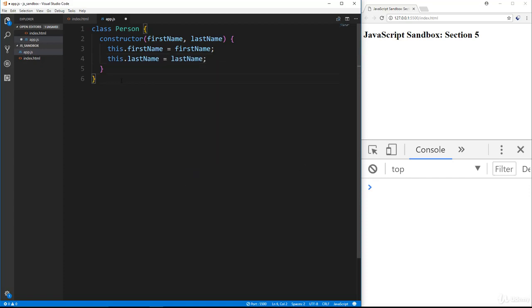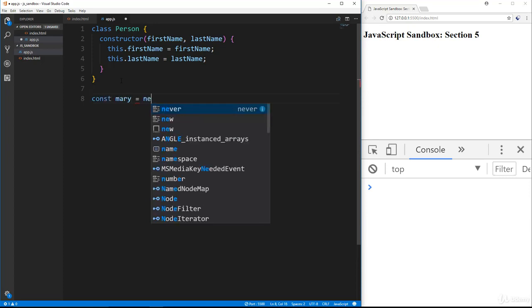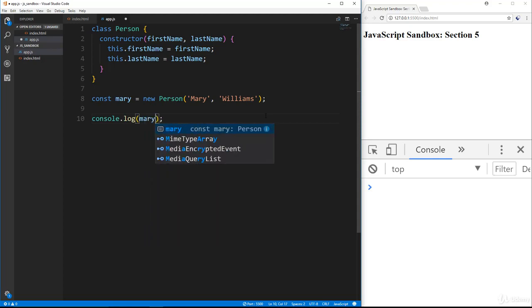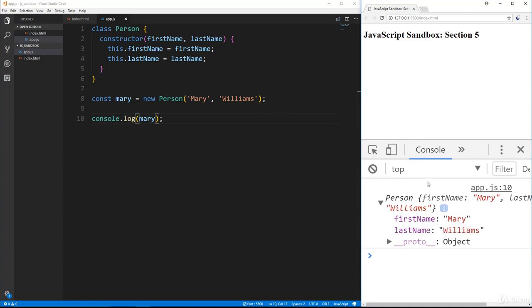All right, and just with this we can create an object. So let's say const mary equals new Person. Notice it's the same exact syntax, so it's new Person, and we'll pass in a first name and a last name. All right, so let's go ahead and just console.log mary. All right, so if we save that, we look down here, we have our first name and last name